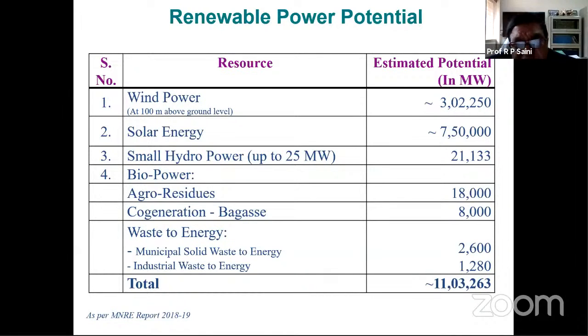Is this applicable for all renewables? Why I'm talking about this: a renewable energy source you cannot create. It is readily available to me. But the problem is in what form it is available to me. I cannot use this directly to fulfill my requirement. So then what happens? That means the engineers' and scientists' job comes in.